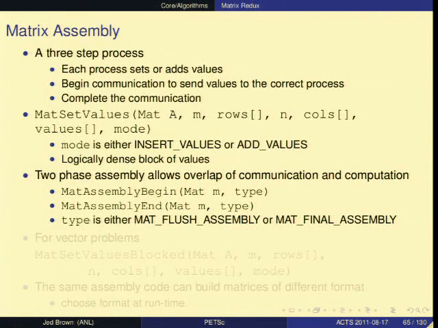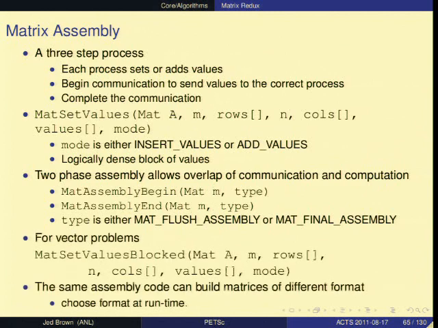So each process is going to call MatSetValues, typically on parts of the problem that it is responsible for, like that it owns those rows of the matrix. But you can set any off-process rows as well. So, and then we do this MatAssemblyBegin and End. There's communication that happens inside of there. And of course, you can overlap that if you have other computation to do. In the case of blocks, the row and column indexes refer to the blocks, and then you have all the values. You can call the blocked version even if the matrix format is scalar.